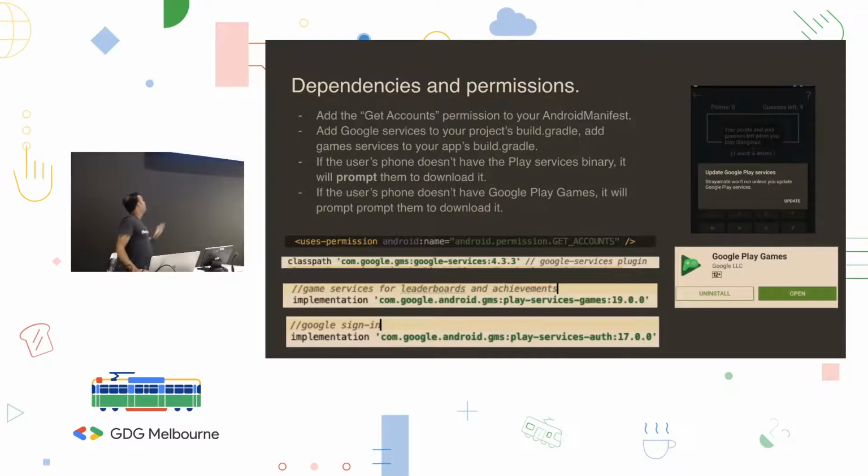So the first thing we'll do is add dependencies for Play Game Services, and also Google Sign In because it requires that. So to be able to post a score, you're going to have to do both. If you use Firebase, if you use Maps, you already have the Google Services top level declaration. So the first declaration you've got is in the top level Gradle file. Everything else is in that Gradle file.